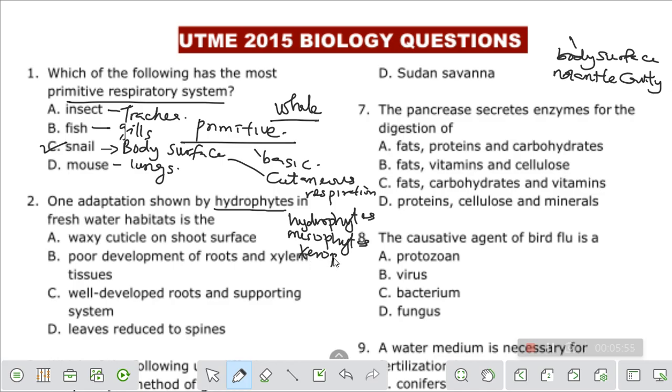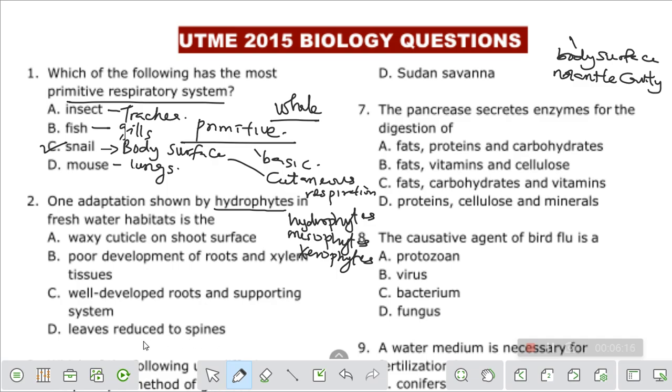Mesophytes grow in a place that is not too dry and not too wet. Hydrophytes grow on water, right? So one adaptation shown by hydrophytes in freshwater habitat is what? Is it waxy cuticle on shoot surface? Leaves reduced to spine. I told you when we have leaves reduced to spine, that's to do with